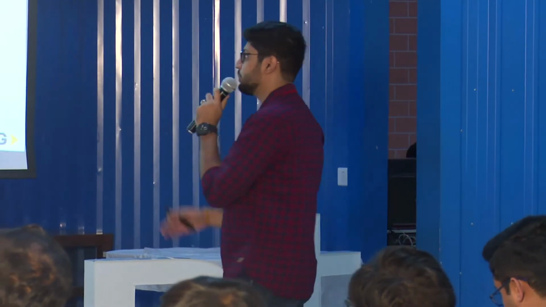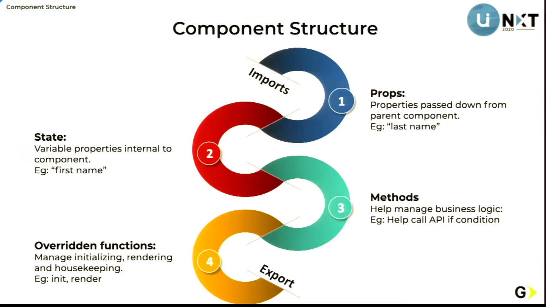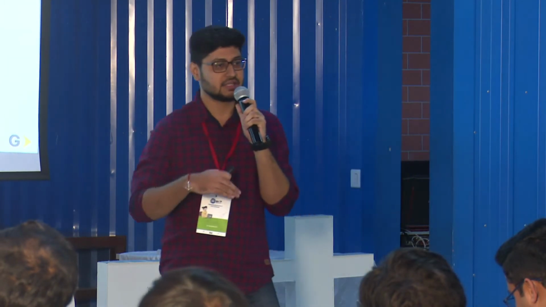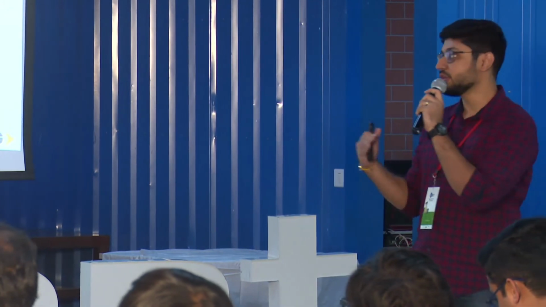Okay, so props is basically the properties which are passed down to you. Like, you know, last name. No offense to people who change their last name though. Okay, and you have state. So state is basically inherent to your own component. It is a component's own property. It's unique to its component, right? Unique to the component. So it's like your first name. Guys, able to relate to this, right?